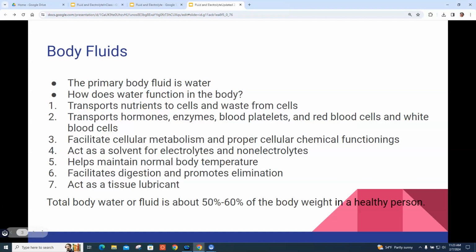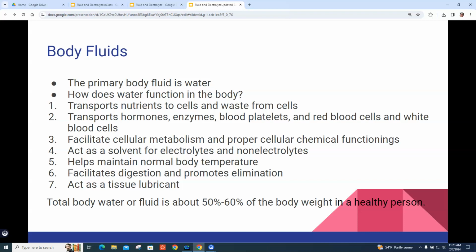All right. So let's talk about body fluids. You want to know what it's for? Why do we have it? What is the primary role of body fluid as water in our body? How does water function in the body? As you can see on the PowerPoint,